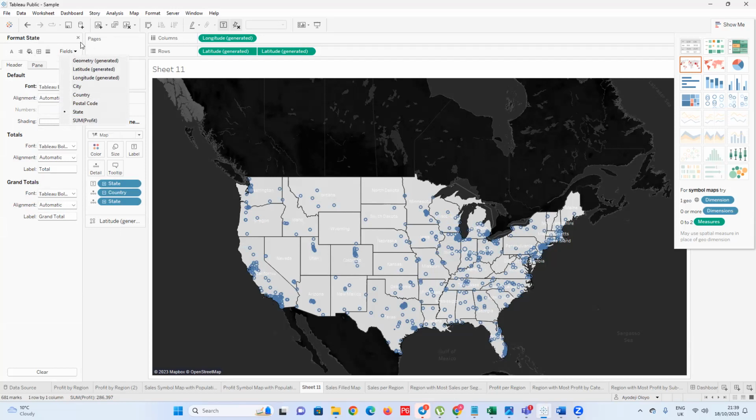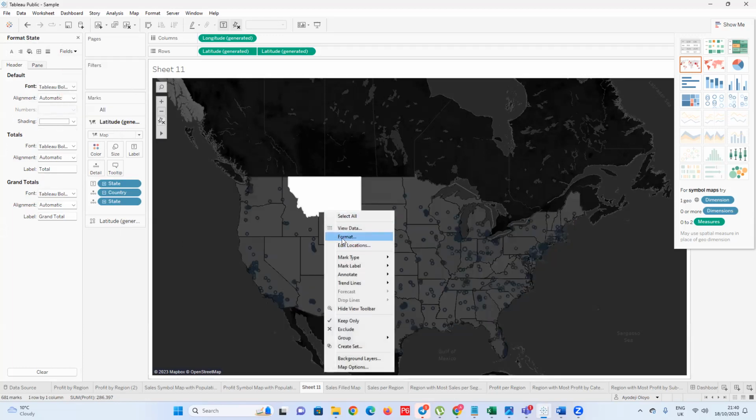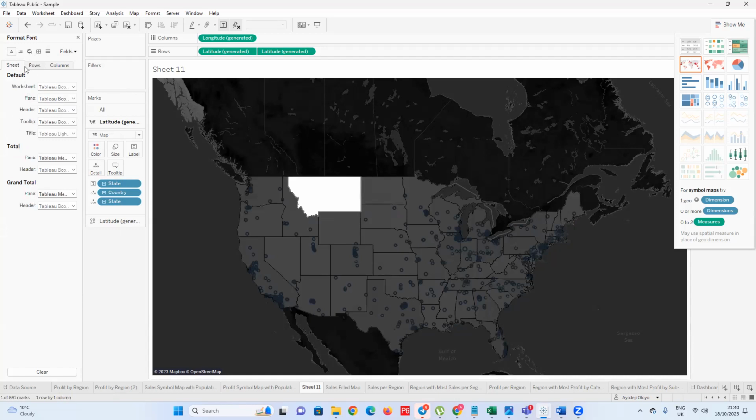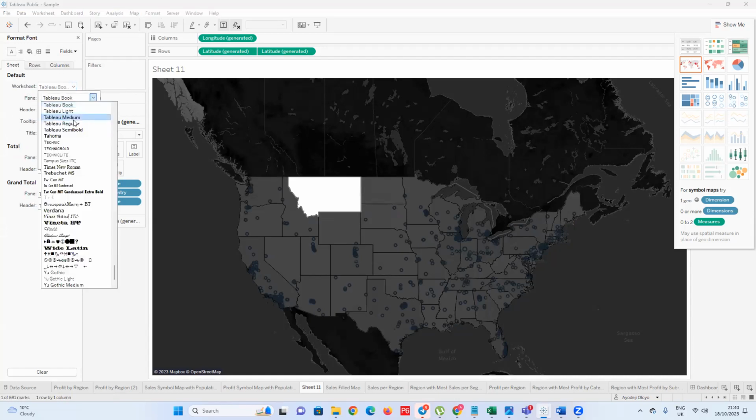I'll just do the general field then. I don't know why this is not changing. It should change, but I'll just use the general one. I'll go to font again. So I'll use the general one, just the sheets there. Come here and go to